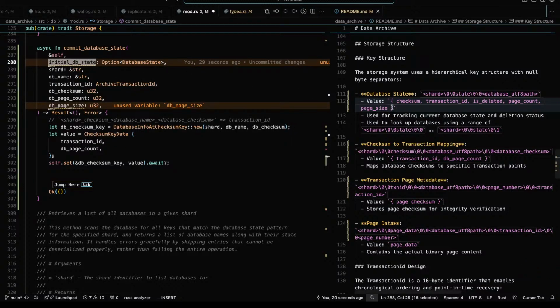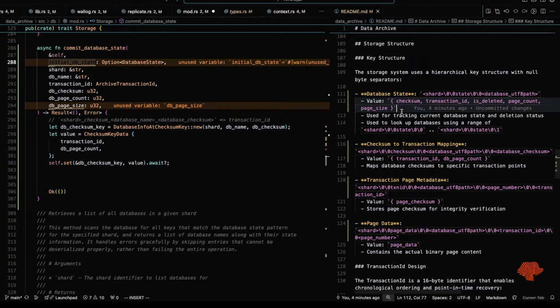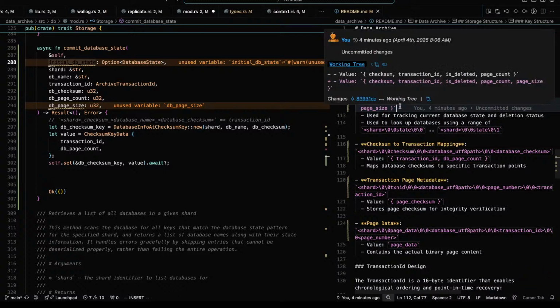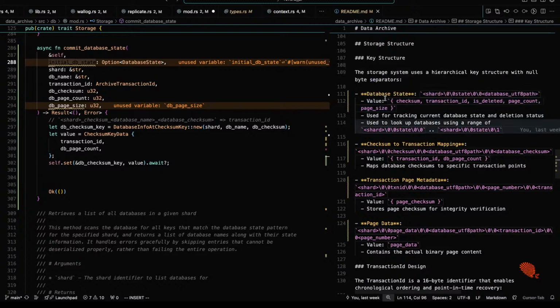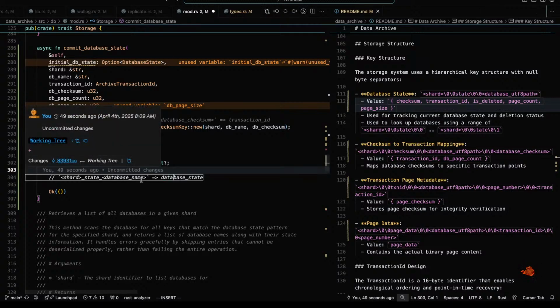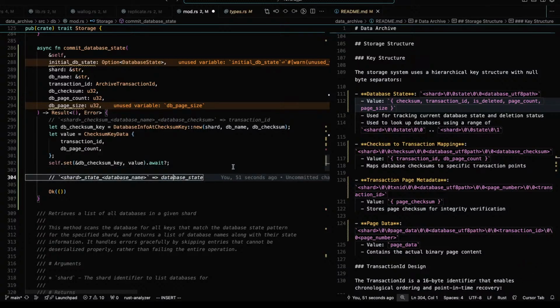Now, question for you though, we're using postcard serialization. What if the order changes? Will this fail? Or is postcard serialization consistent?